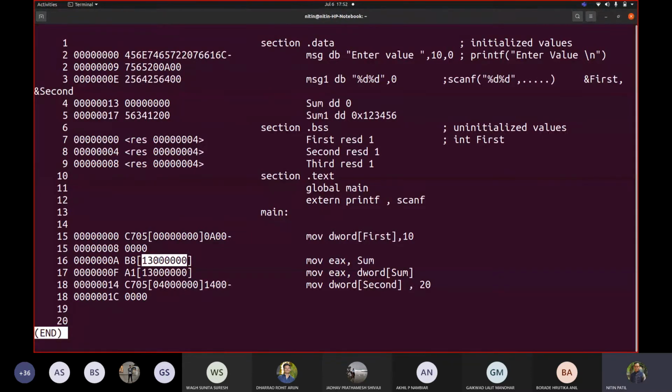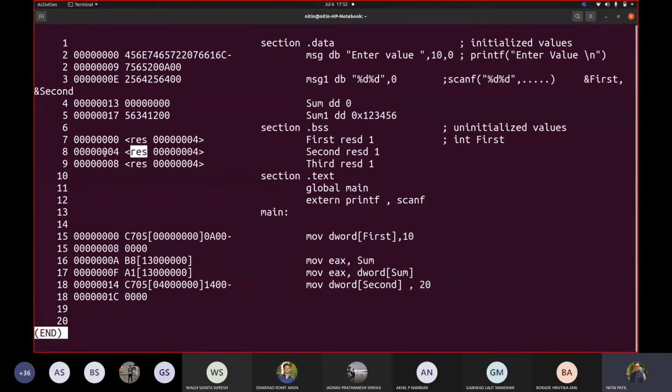Can you definitely tell me which section they are part of? You may not. Why? Because when I am given this code, I can definitely see that this RES would be there.